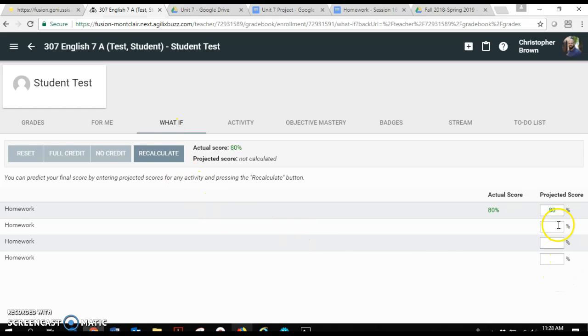Here's where you can enter the projected scores. So let's say this student at the moment has an 80%. Let's see what happens if we enter in 100 for the next homework, and then an 80 for the next homework, and then a 90 for the third homework. So you enter in those scores here, and then you just click Recalculate, and it shows you the actual score